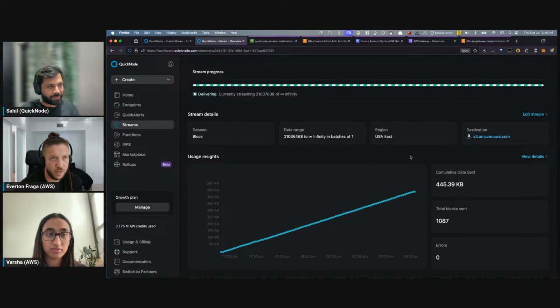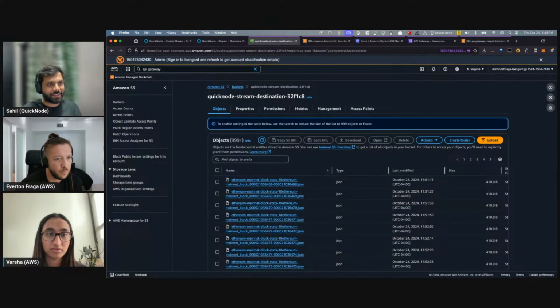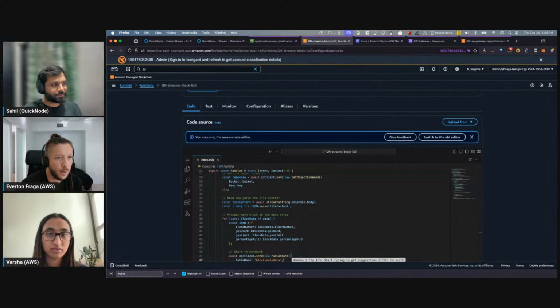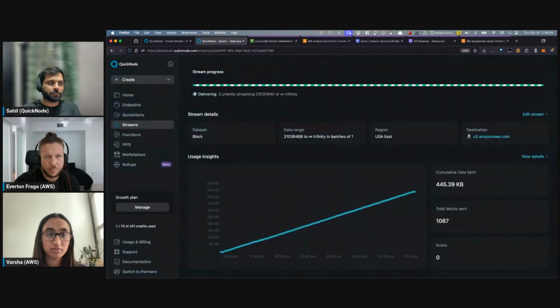Well, that's awesome then. So just to wrap it up, it is impressive the amount of things that you can do with a stream of blockchain data. There are so many options here you can choose and pick from QuickNode Streams. I know that there are other interesting features here as well, but to me, the first time I saw Streams, I was like, oh man, this is really good.